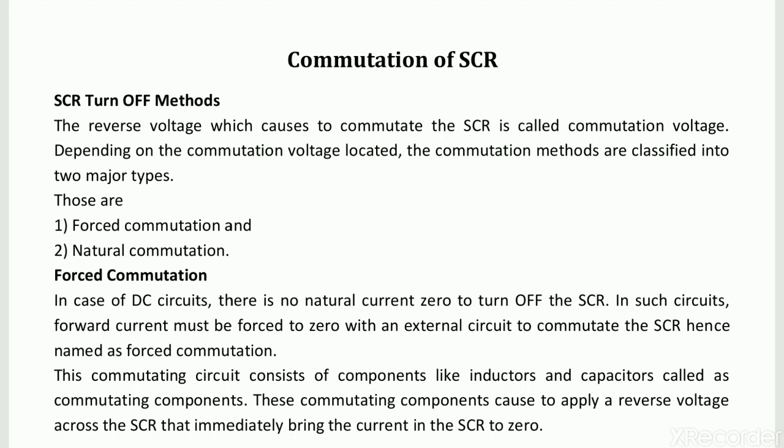Today in this session we will discuss the commutation of SCR. As we know, commutation means turning off of SCR. We know that a thyristor is turned on by applying a signal to its gate cathode circuit, that is nothing but the gate supply or gate current. For the purpose of power control or power conditioning, a conducting thyristor must be turned off as desired. The turn off of a thyristor means bringing the device from forward conduction state to forward blocking state.